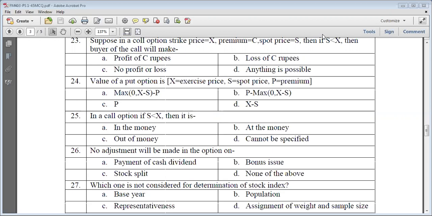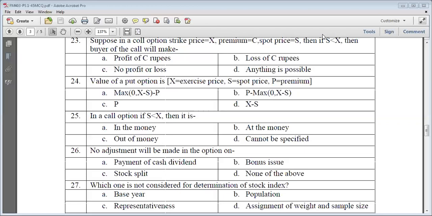So, here S is less than X, because suppose X is equal to 100 and S is equal to 90. Then if you exercise the right, you will buy the underlying asset at rupees 100 against the call option, and you have to sell it in the spot market at rupees 90. You will suffer a loss. So the correct option for 23 will be loss of